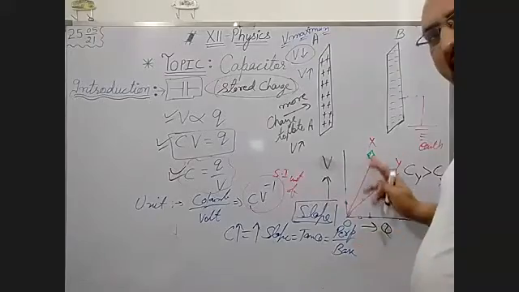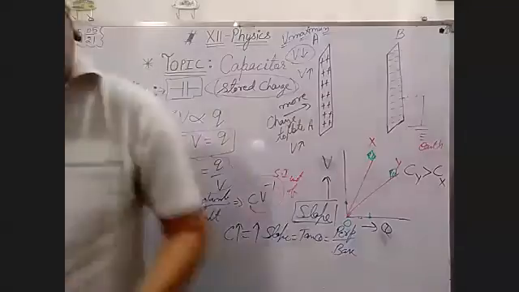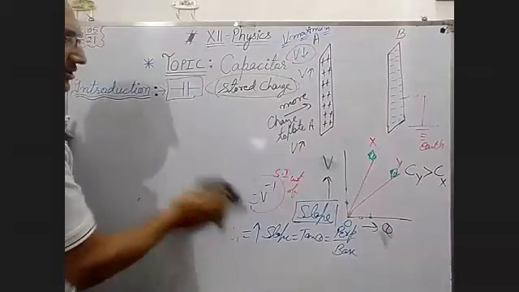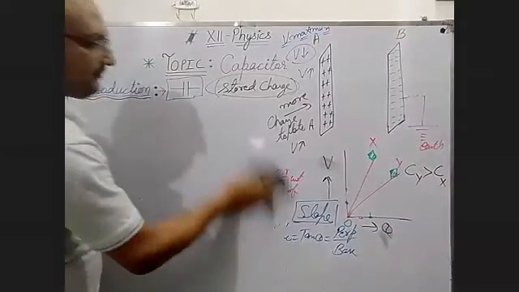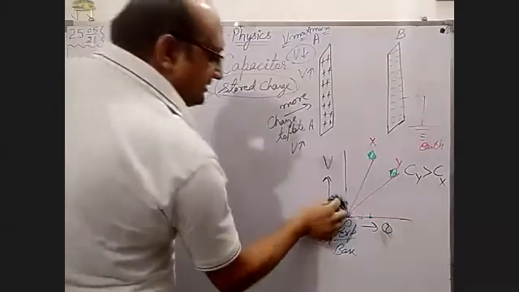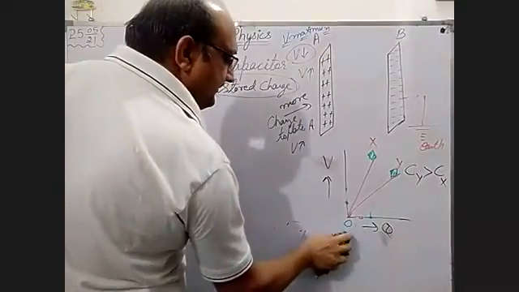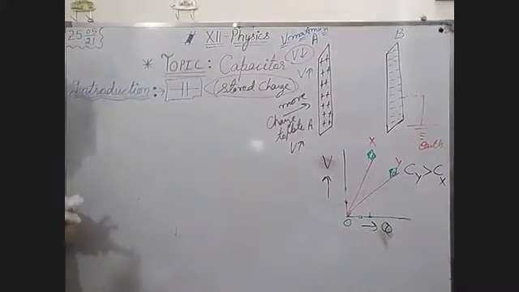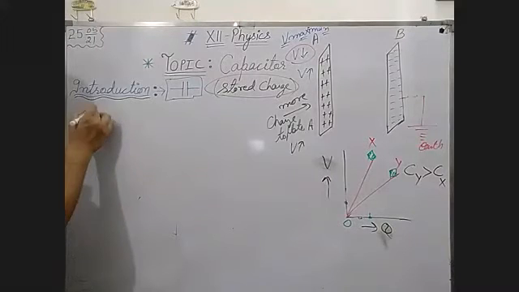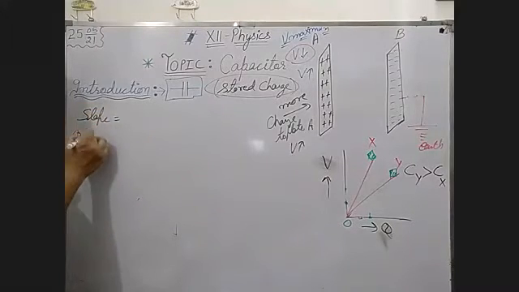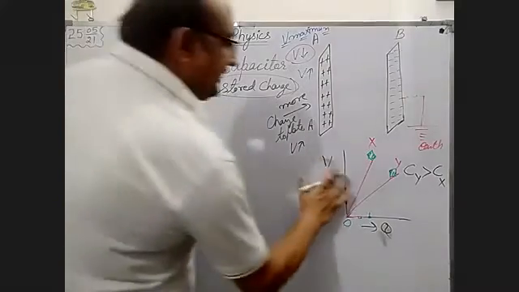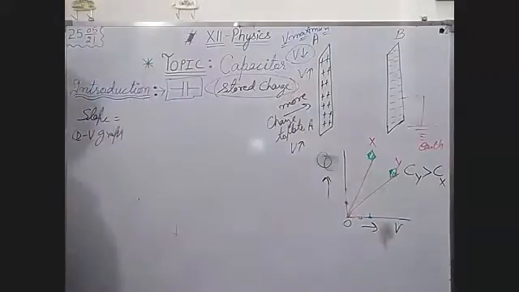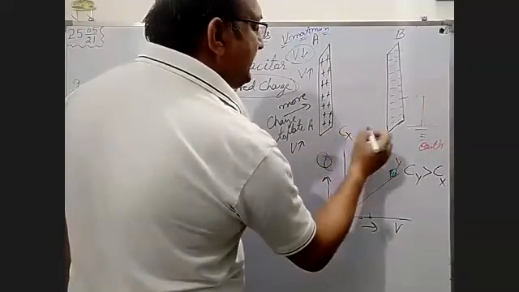Okay, how does this thing happen? Now, let us understand, let us learn this thing. How can I say the slope is measuring capacitance? How is slope measuring capacitance? Okay, we know that slope of QV graph. Let us take firstly Q and V. In this case, you know very well Cx is greater than Cy.